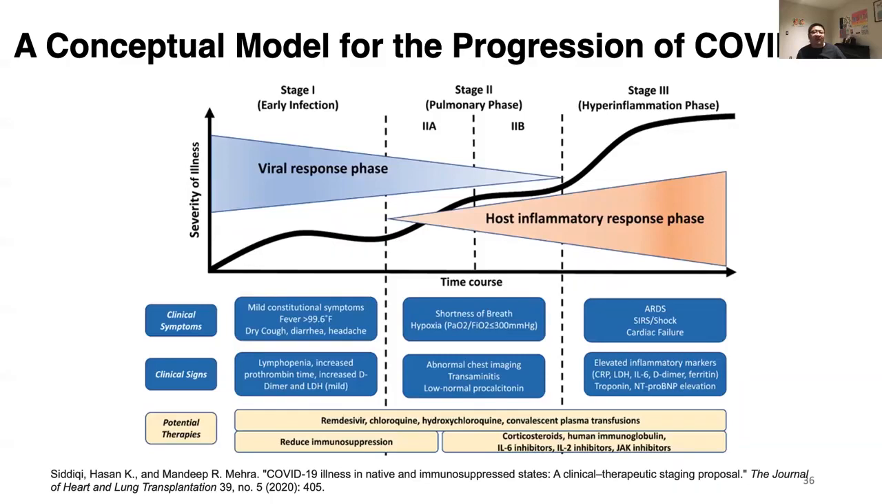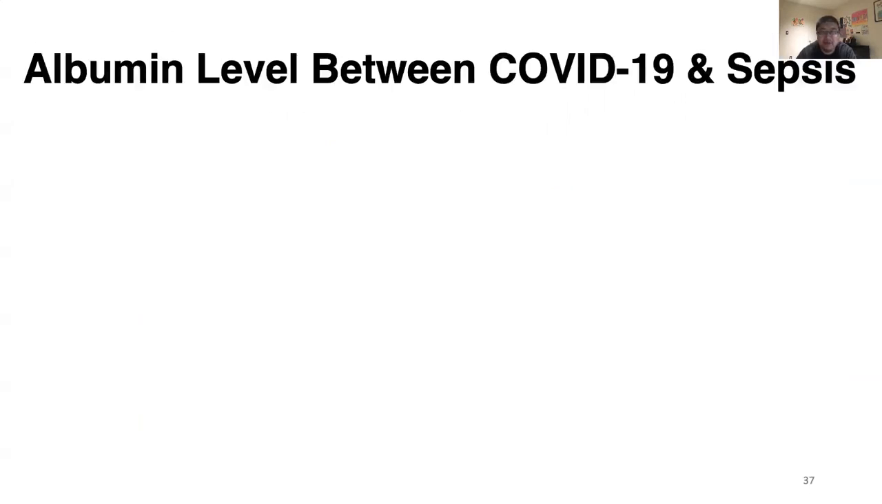So if we just look at the characteristics at a single time point, we cannot have a holistic recognition of such disease. Based on that, we have also done some research on the progression of COVID-19, especially in the critical care setting. The first work we did is comparing the albumin level over time for critically ill COVID-19 patients versus sepsis